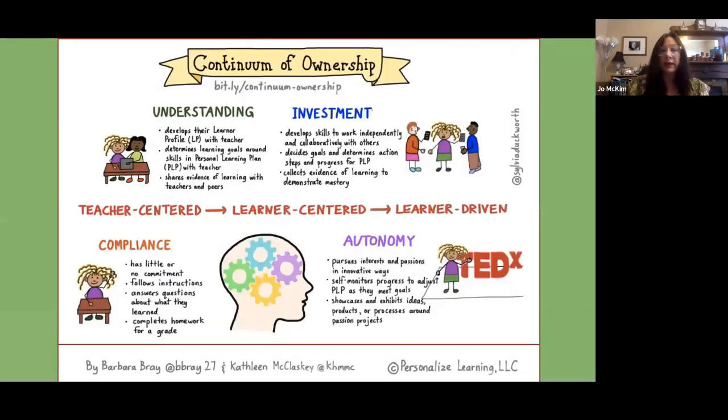Right, so just like we had the continuum of choice, there's also a continuum of ownership. And again, we start on the far left with that compliance piece where students or even adults have very little commitment to what they're participating in. They're just following the instructions. They may even answer questions when they're asked, and they complete their homework and they get a grade for it. This is where